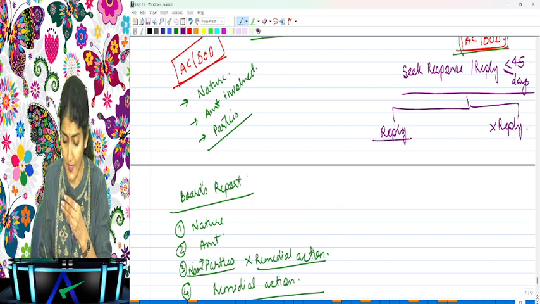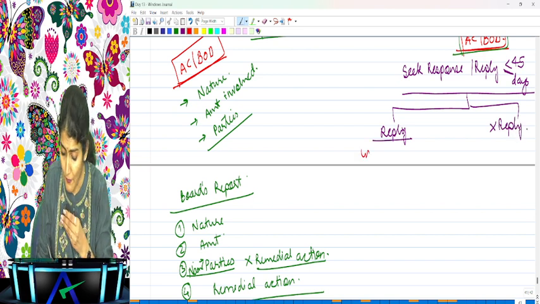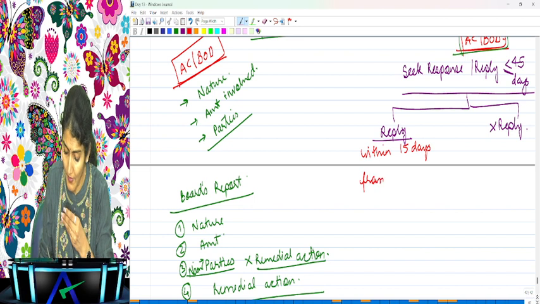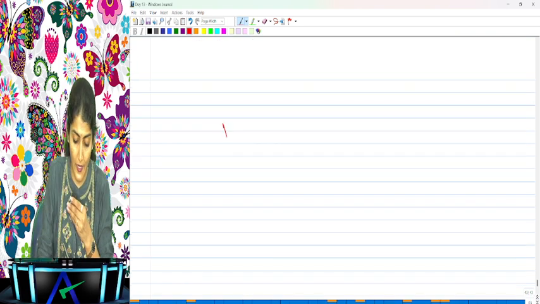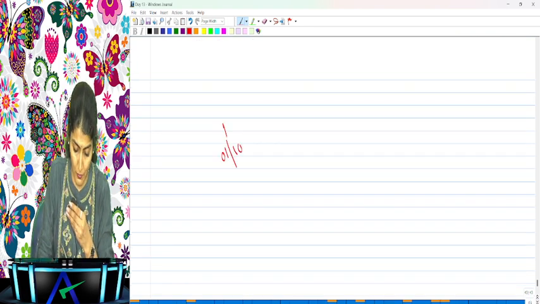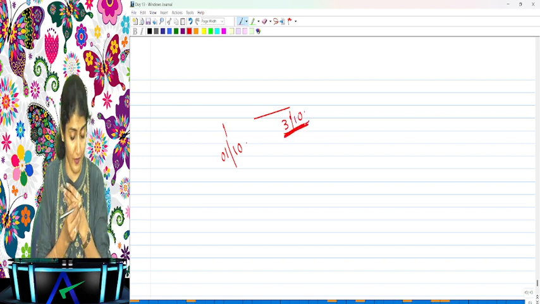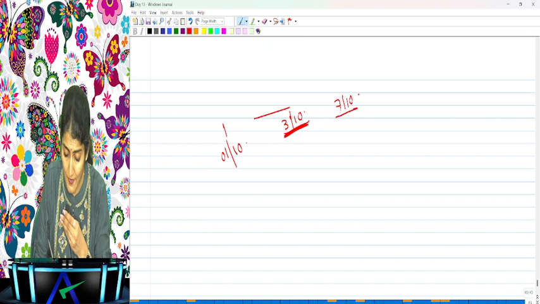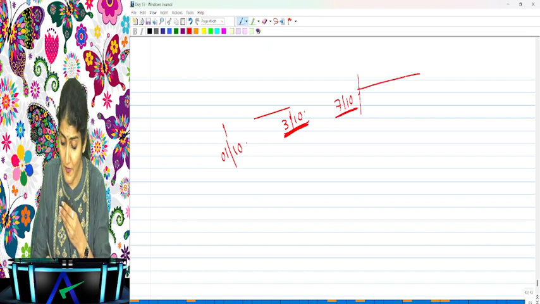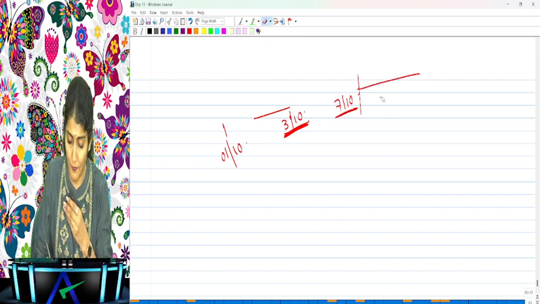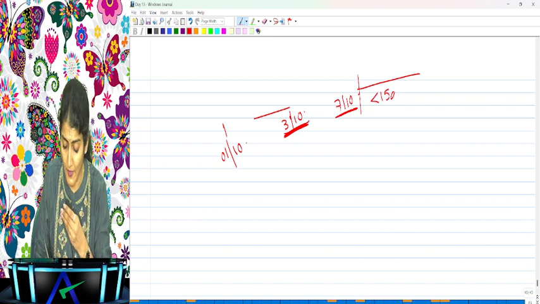Are you understanding? Right. If they reply, then within 15 days from the date of reply, you report. Then there is no need for you to wait for 45 days. Do you understand that? Right, say a fraud happened today, say today is 1st October. By 3rd October, you have to report it to the audit committee or board of directors. Say they sent you a reply by 7th October. Now from 7th October, within 15 days.